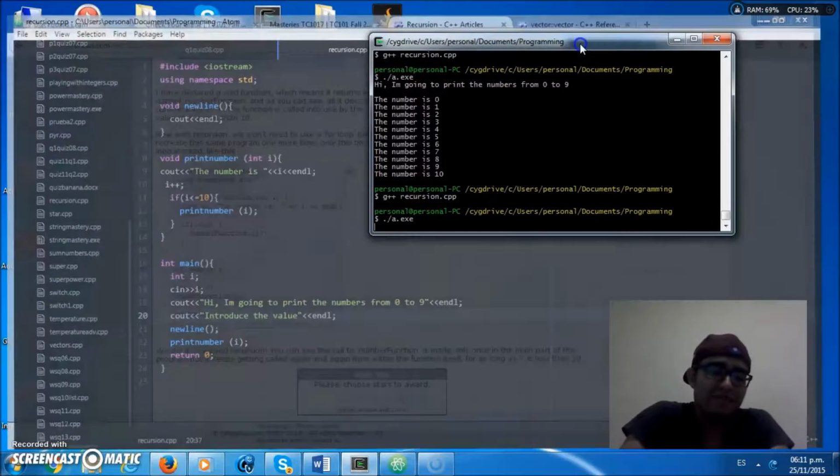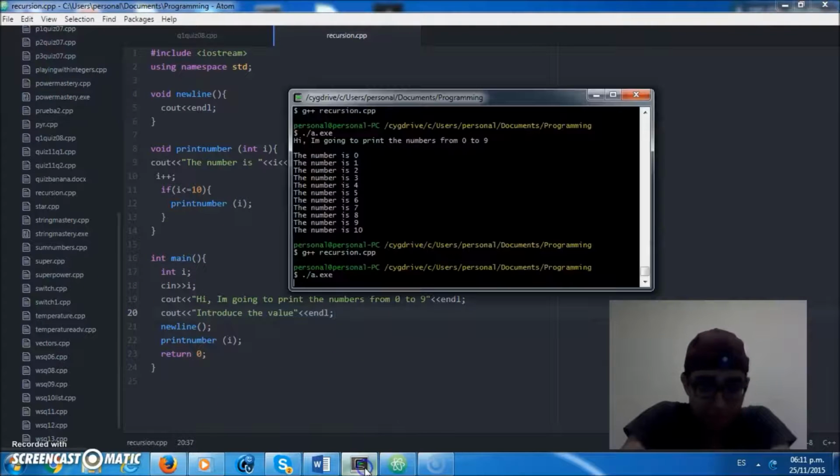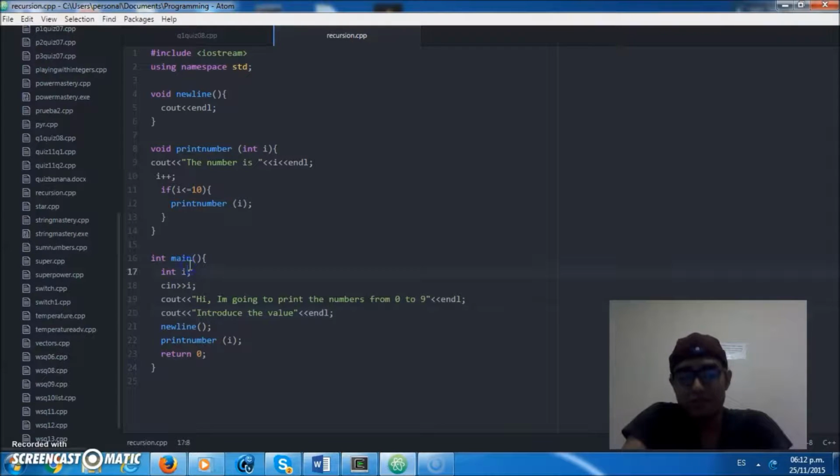Oh, I wrote the instruction before the text, so it's an error, it's a mistake. I mean like 8. So the function is going to print the numbers from the starting value to 10. So that's recursion. You're calling the same function again and again to do some stuff. That's it for mastery number